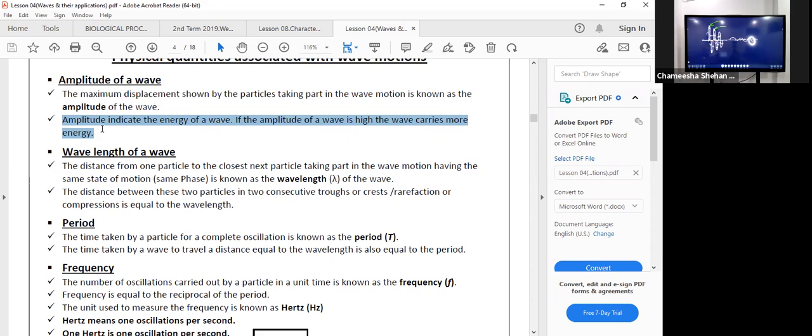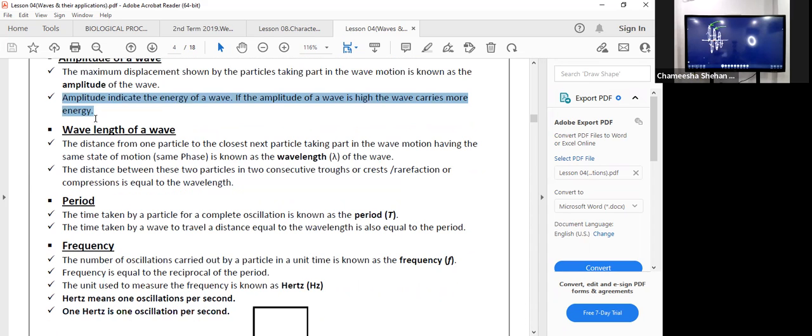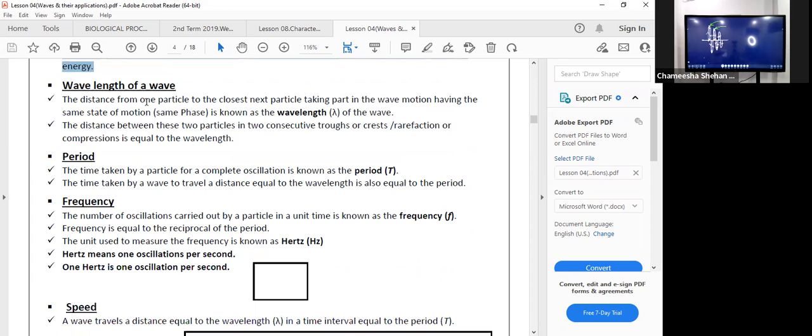Okay, the next thing we talk about is the wavelength of a wave. This is very important, so keep it in your mind. Here also I remind you we are basically talking about the wavelength of a transverse wave. Longitudinal waves also have cases where we talk about it, so put a cover up on that.